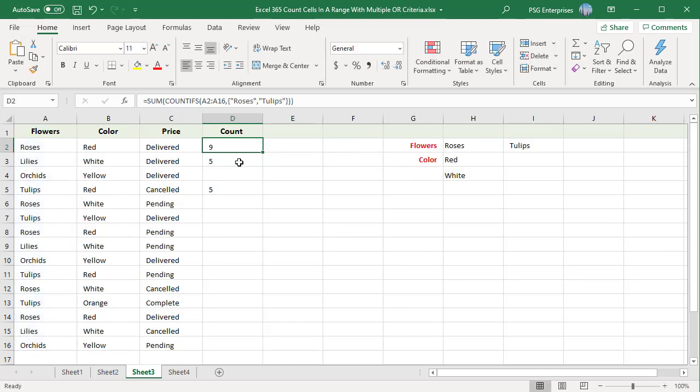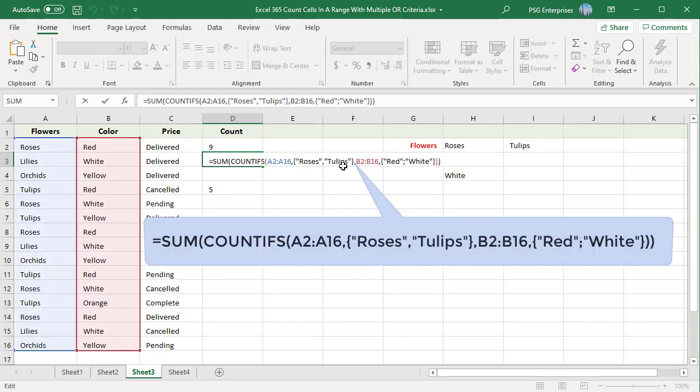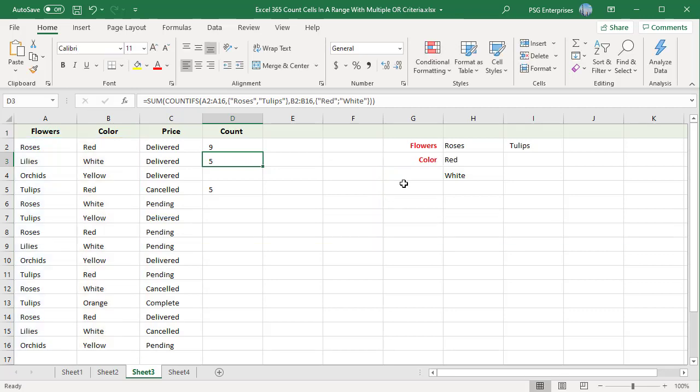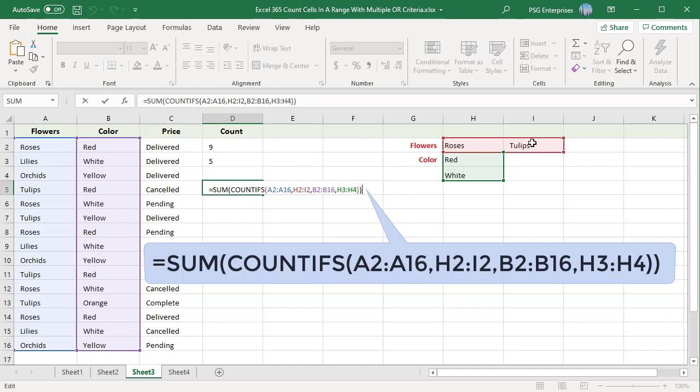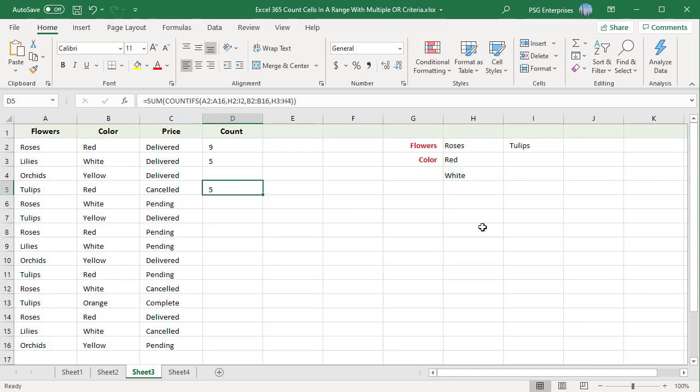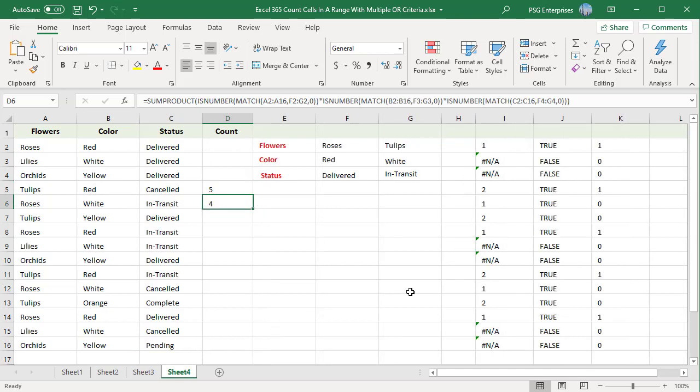You can add one additional OR criteria to this formula, but you will need to use a horizontal array constant, elements separated by commas, for one criteria, and a vertical array constant, elements separated by semicolons, for the second criteria. You can also pass the OR criteria as ranges, but make sure you pass one as a horizontal range and the other as a vertical range. This formula works only for two sets of OR criteria.